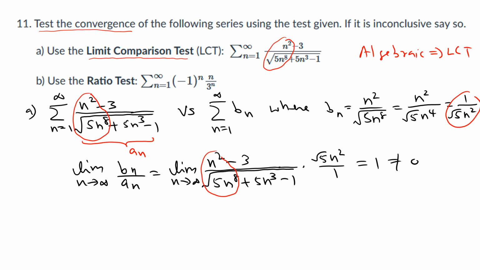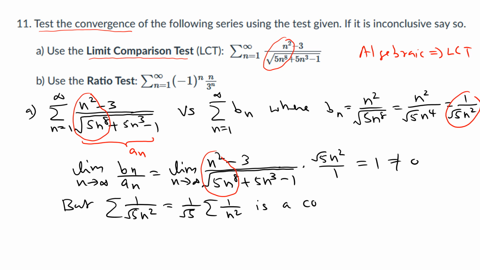And then also we know that the square root 5 is just a constant, so you can pull the square root out. The sum of 1 over square root 5 n squared, you can pull out 1 over square root 5, because you can write this as 1 over square root 5 times the sum of 1 over n squared, which is a converging p-series with p equal to 2, which is greater than 1. If p is greater than 1, it's going to converge. So therefore,